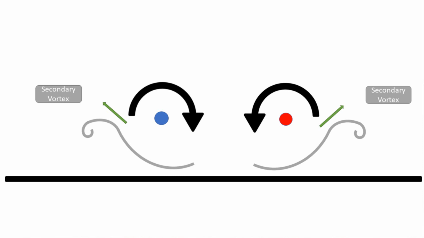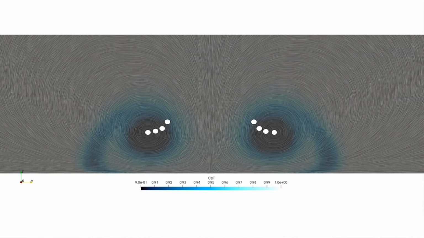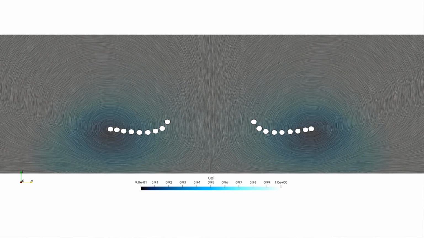Now, if separated, a secondary counter-rotating vortex is formed next to the primary vortex, inducing an upwards motion or the rebound effect. And this CFD case shows the combined downwards motion, outboard motion, and the beginnings of a ground plane separation and rebound. In this video, we went through some of the